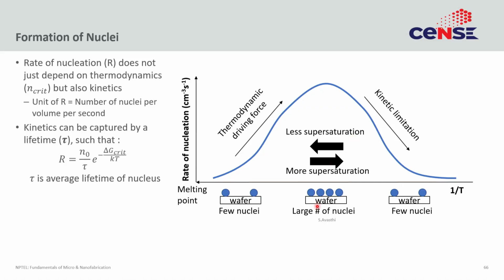All right, moving on. Now, what does that tell us about the CVD process? So if you now look at the wafer, and if you look at what will happen to the nuclei on the wafer versus temperature, these are the three cases you see. So at temperatures very close to the melting point, you will have very few nuclei. So the average distance between the two nuclei will be large. Somewhere where the nucleation rate is the highest, you will have the maximum density of nuclei, a lot of small nuclei all over the place, right? But if you reduce the temperature even further, then at some point you will again have very few nuclei with the average distance very far off.